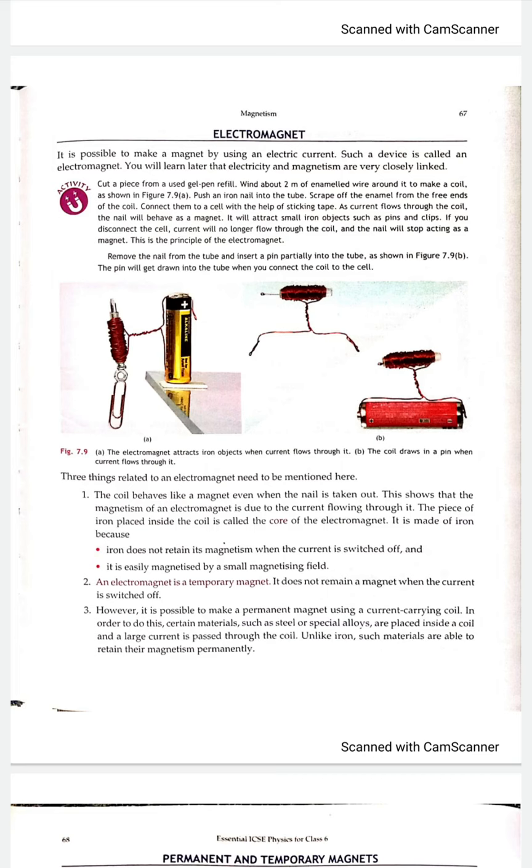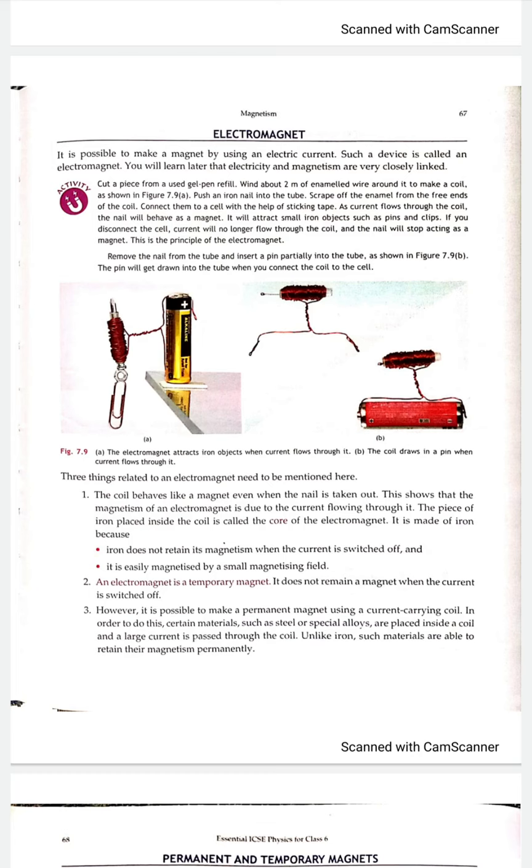On that iron nail, wind a copper wire, just like a thread is winded on a screw. After that, connect the two ends of the wire to a dry cell.